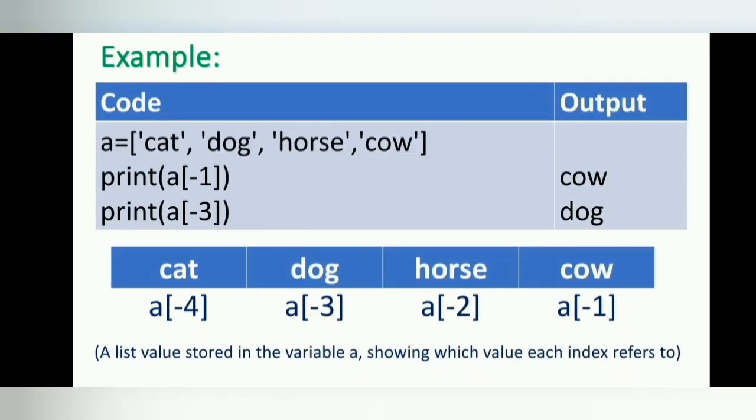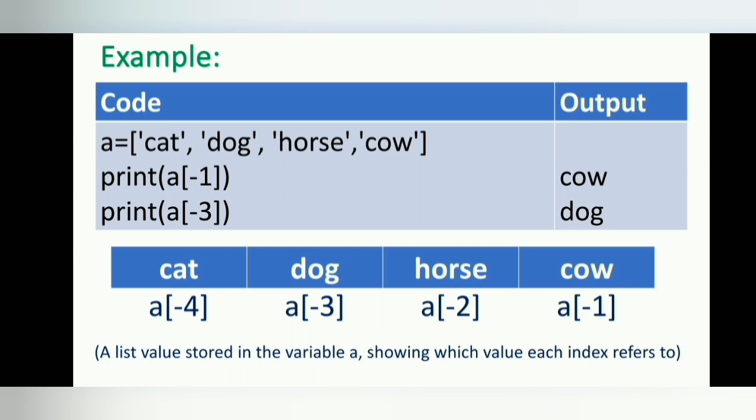Example. In this example, a list of 4 items is assigned to the variable a. Because we have used a negative index, the Python code a[-1] would evaluate to cow, a[-2] would evaluate to horse and so on. In this case, we start counting from the right, that is from the last position to the first position of